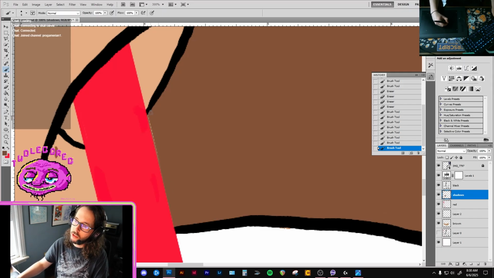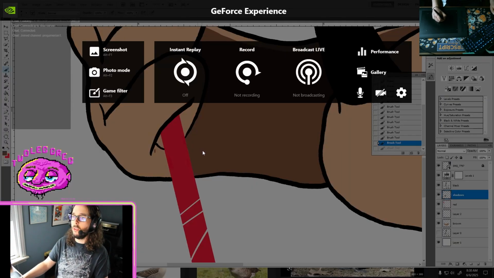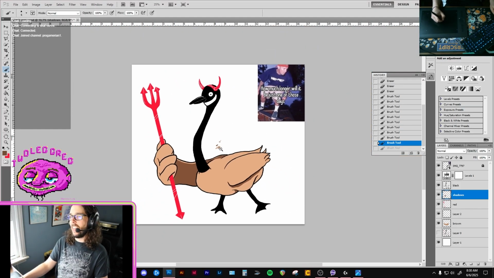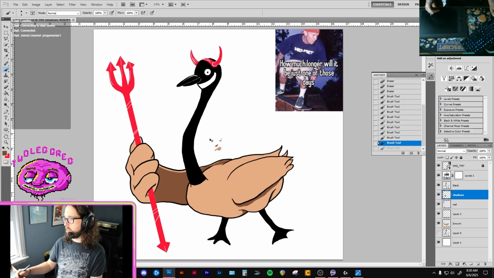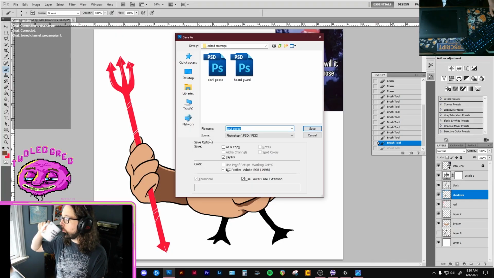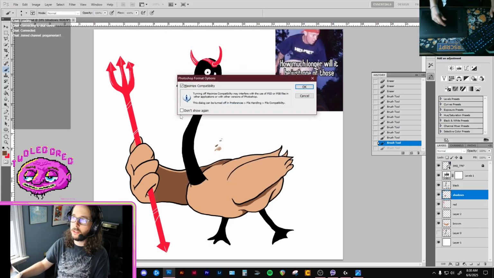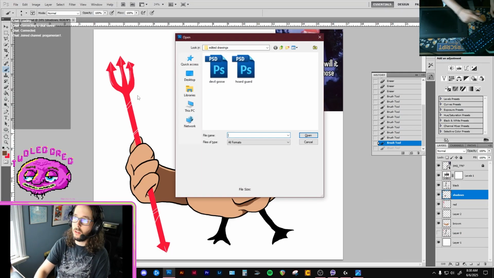I'm trying to do shift lines to just fill this in so I don't go crazy. I'm already going crazy. What are we even doing here? Oh, good. That's what I wanted. I don't know what half of these buttons on my keyboard are hotkeyed to. Okay, I'm going to save this for now because I want to start on the cover goose, which is not the horde guard you see here, so we're just going to save this.